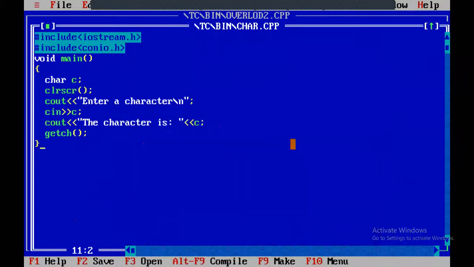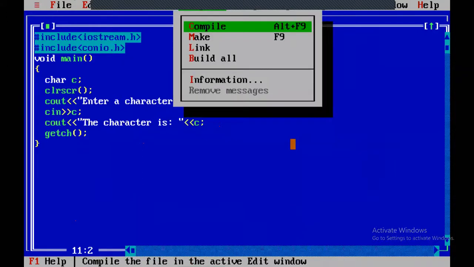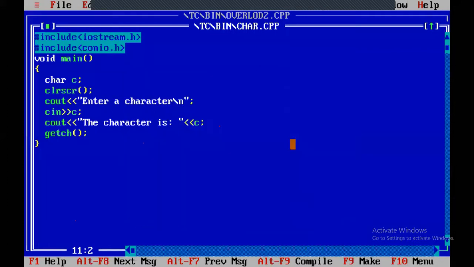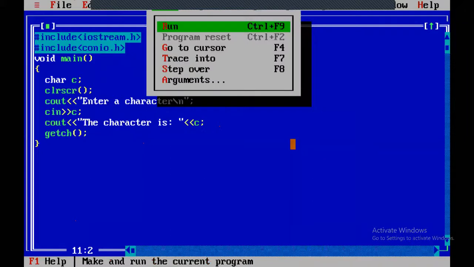Okay, so we'll execute this program. When you compile, you have to get warnings and errors as 0. Then you can execute the program. Press Control F9, or you can go to the Run menu and click on the Run option.